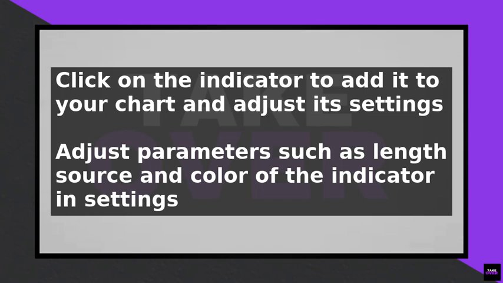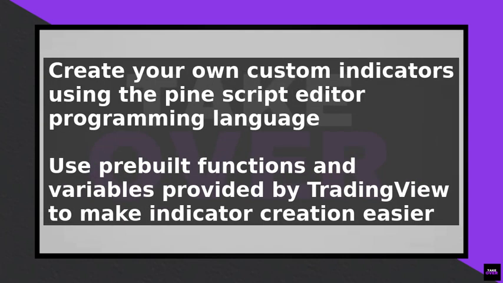It is also possible to create your own custom indicators using the Pine script editor, which is a programming language used by TradingView. To access the Pine script editor, click on the Pine editor button at the bottom of the screen. This will open up the editor where you can write and debug your own custom indicators. You can also use the pre-built functions and variables provided by TradingView to make it easier to create your own